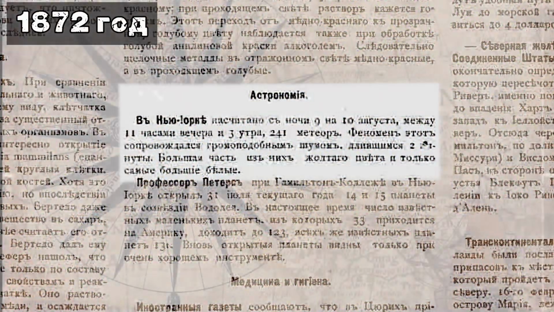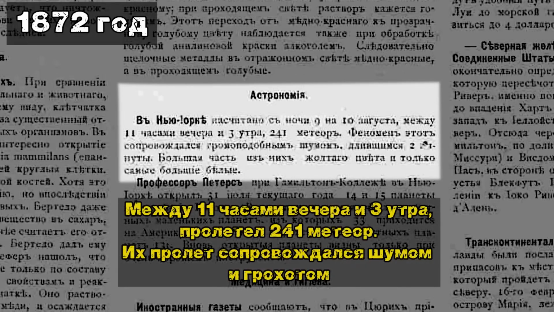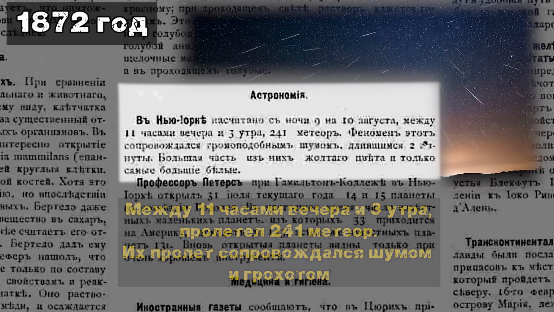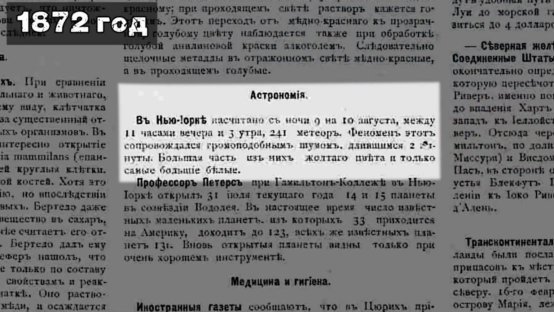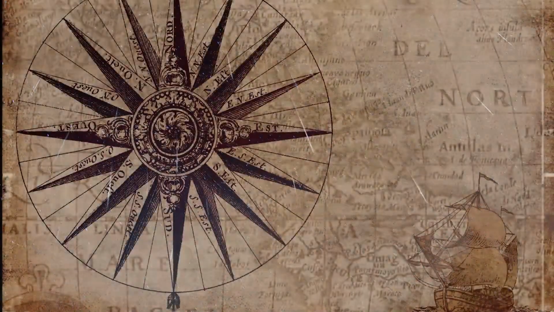That same year in New York, on the night from the 9th to the 10th of August, a full rain of meteors occurred. Over the city, 2,040 meteors passed in 4 hours. All this was accompanied by a loud noise and thunder. Most of the meteorites were yellow in color, and the largest ones were white. Well, scientists will tell you that in August, the Earth passes through the Perseids meteor stream, but a meteor stream consists of particles the size of dust, and this doesn't pair up with the noise and thunder of their fall. By the way, we will talk about meteor streams separately.